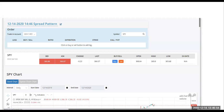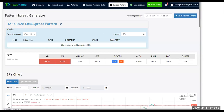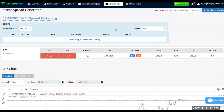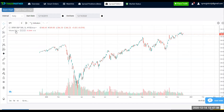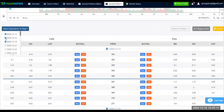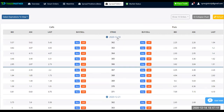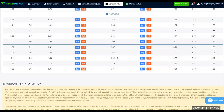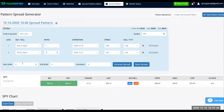All right, nonetheless, we're going to go with the 2-1 here, and we're going to go out a little bit further. Actually, what were we looking at? We were looking at 1224, 1228. Let's look at the closer one, and that would be 1218, 1221. And it's not quite the same because it is ex-dividend this week. But if they're out of the money, it doesn't matter. You're fine if it's out of the money. You're not going to be assigned. So we'll go buy the 362, sell the 367s. We'll go 1 to 2, and we'll just 359,